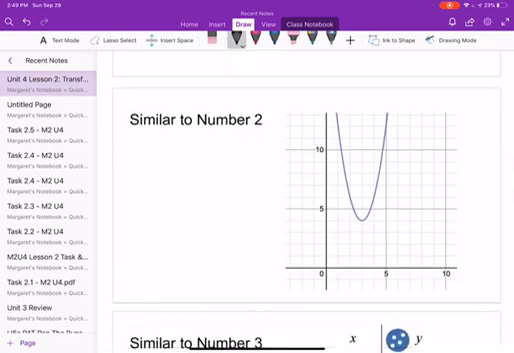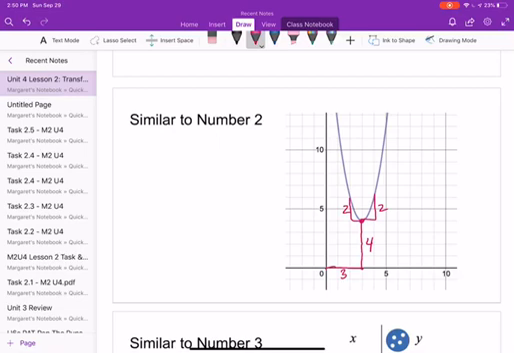Then in number 2, we have a graph that shifts right 3: 1, 2, 3. And up 4: 1, 2, 3, 4. And it has a growth factor of over 1 up 2. So, as we saw yesterday,